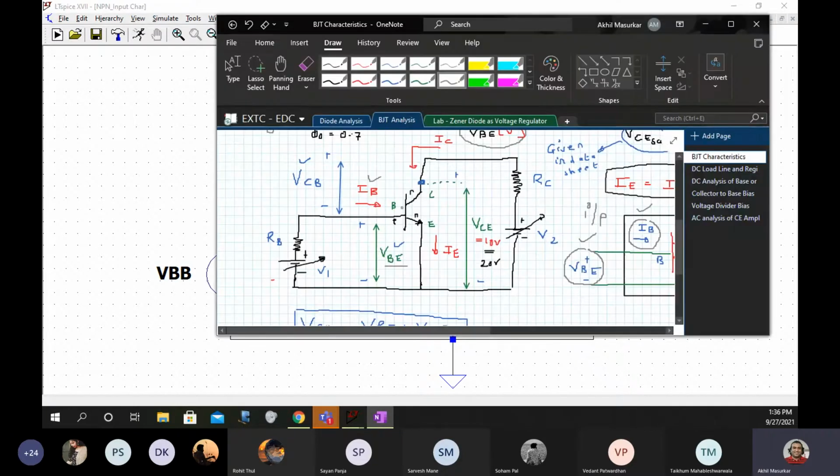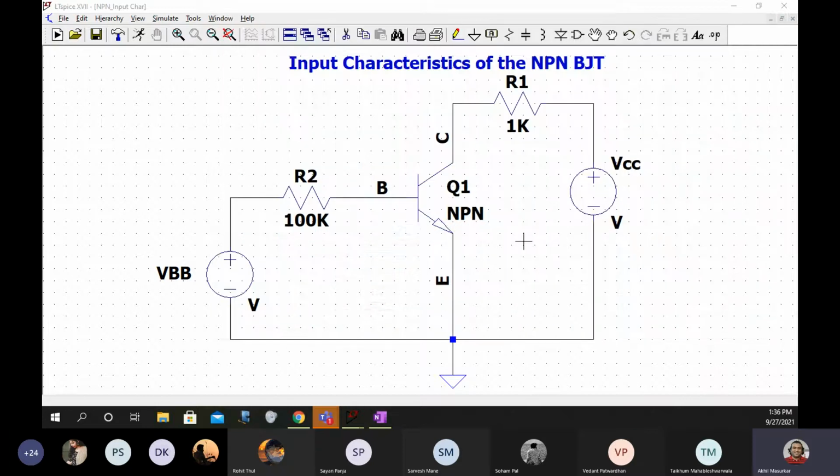You can see I have made the same circuit. Between base and emitter we have VBE. Between collector and emitter we have VCE. This is the circuit that we have built. Yes, post this circuit in the chat box quickly.